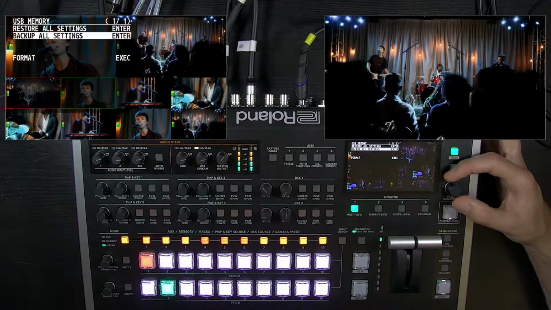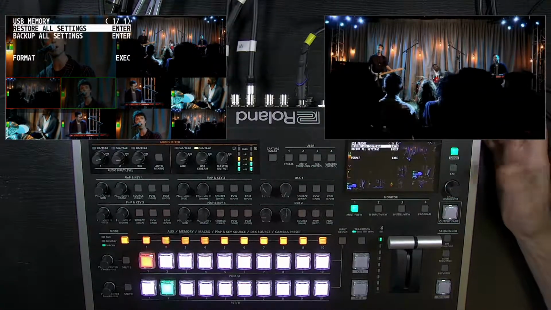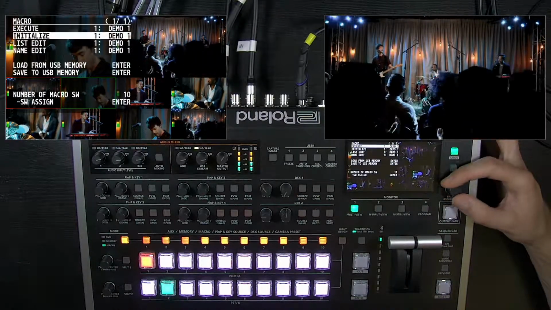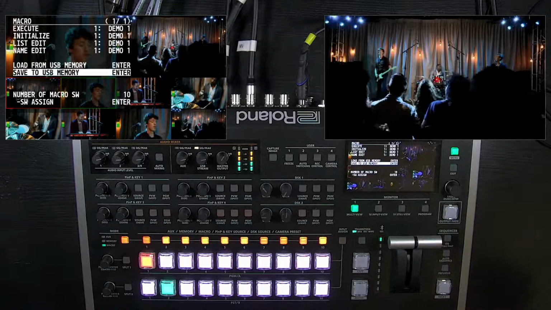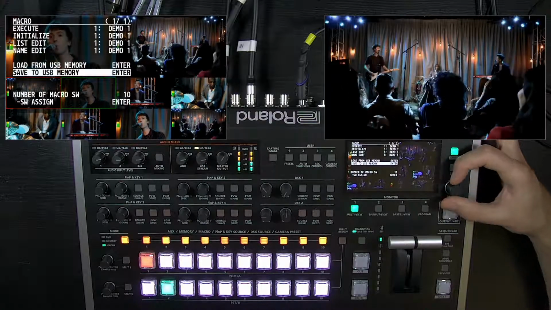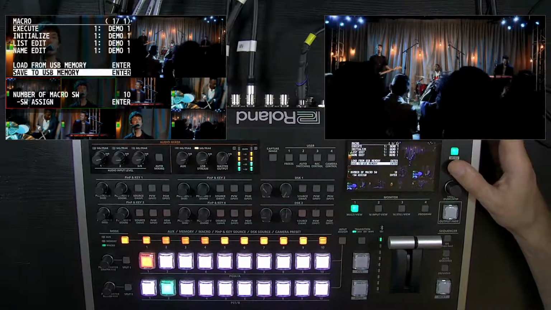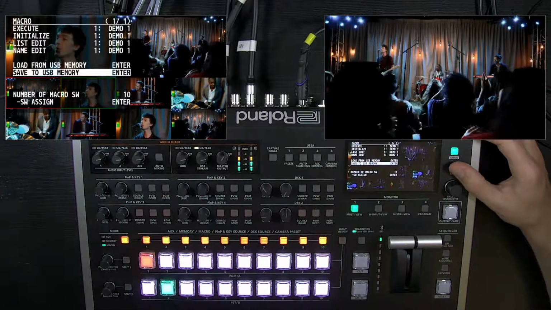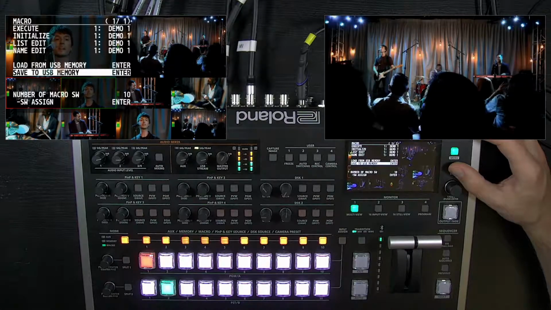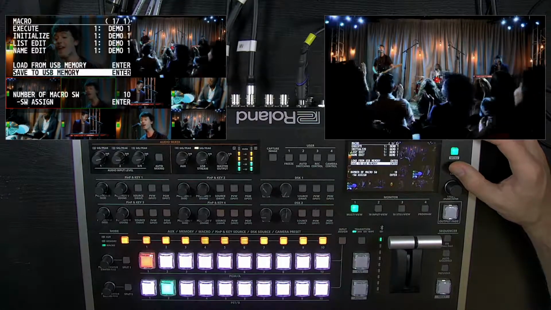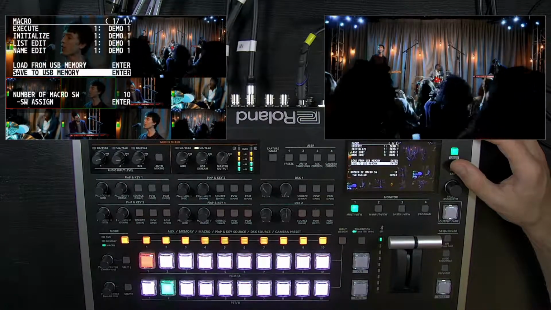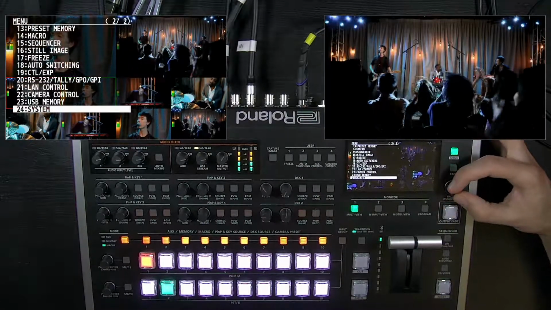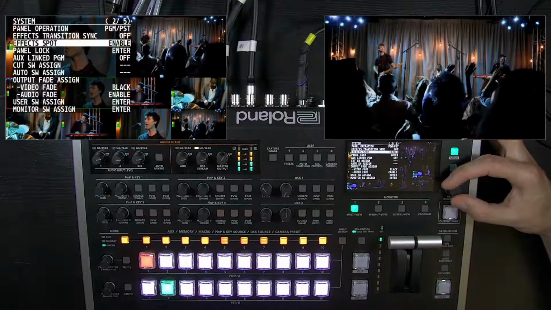So here you can back up or restore all your settings to a file. As well as in the macro section, you can save macros or load them from USB memory as well. That can also be helpful, especially considering the amount of work it can take to create a series of macros. Can't hurt to back them up should you ever need to do a factory reset and load them in again. In the system menu, there is a feature